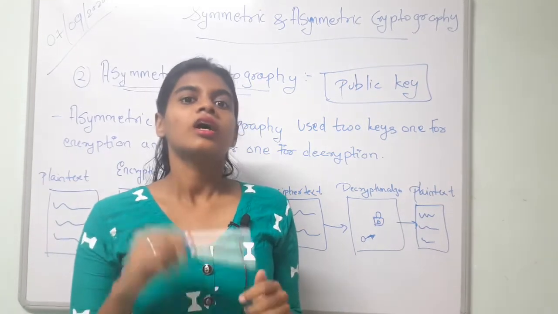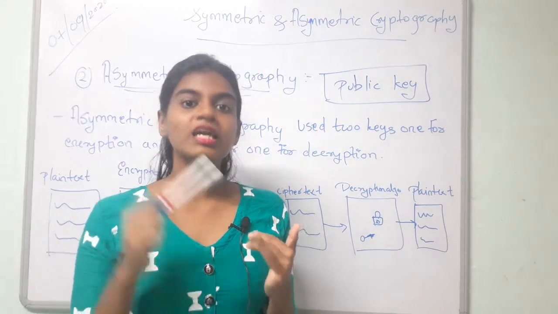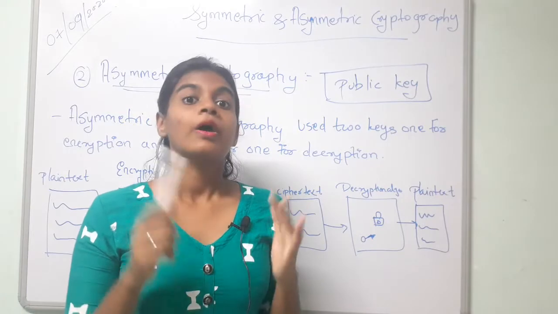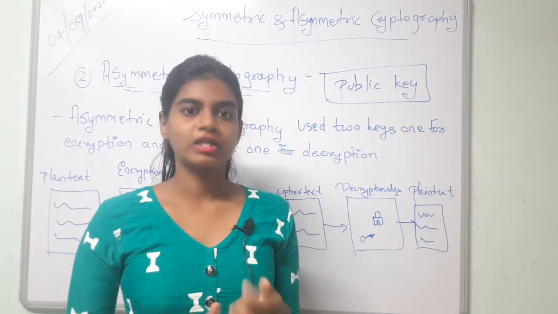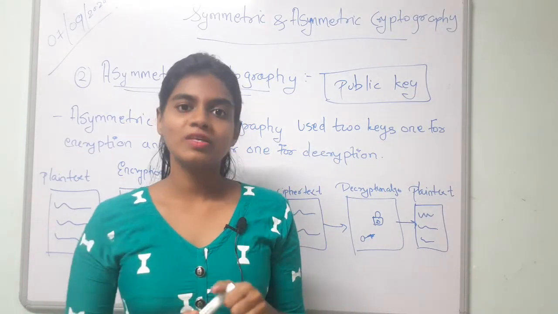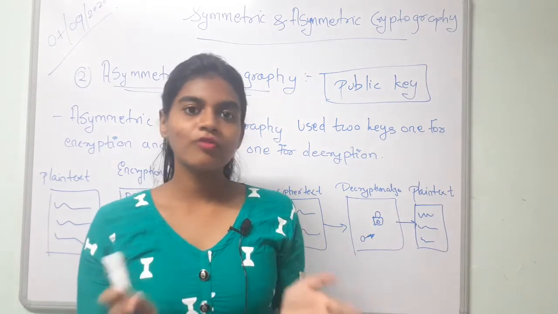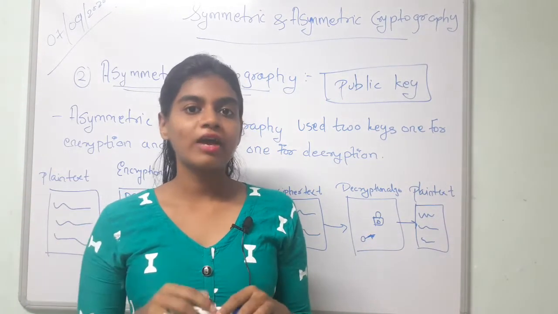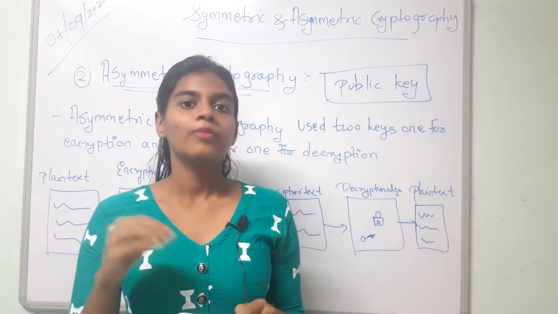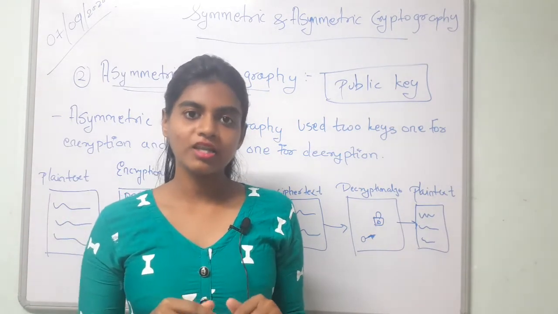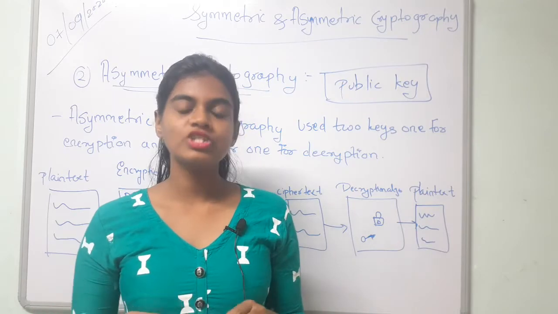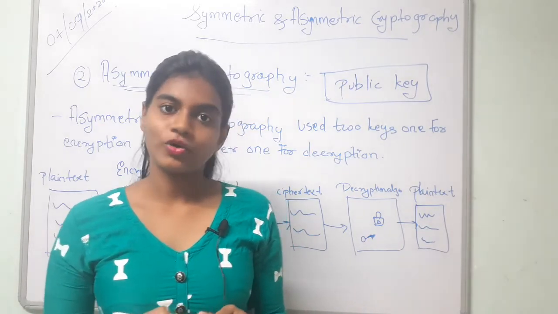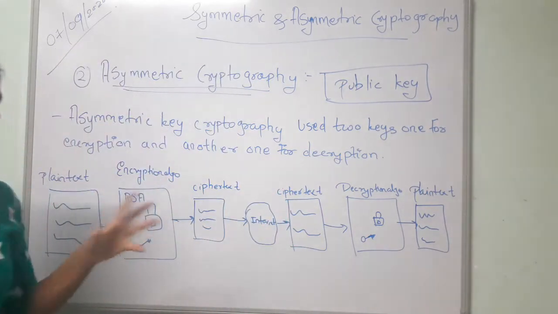Note down that symmetric cryptography uses a secret key and asymmetric uses a public key, but both are not public. One is the public key, another one is the private key. With the public key, everyone can encrypt the message, or verify the message. But not everyone can use the private key, because only the receiver can decrypt a message and sign it. This is the difference between the public and private key.